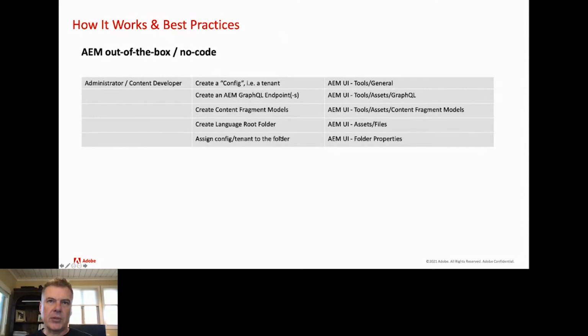And then very importantly, this is a step that quite often gets forgotten. Once you're at this final state and you're just itching to start creating content fragments in that folder, you've got to make sure that in the advanced properties of that folder, you add the config up here to the folder. That is what will make the models that you defined in that config appear in that folder